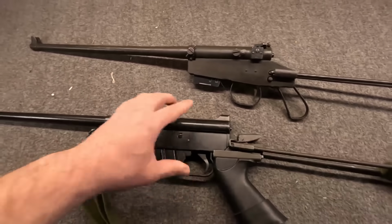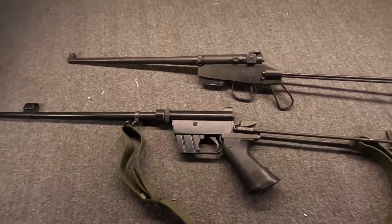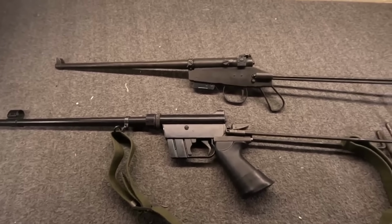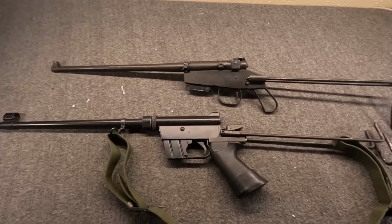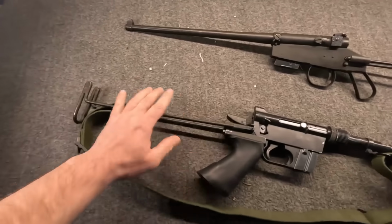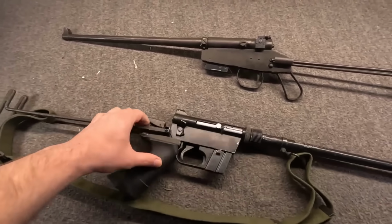This was introduced, the AR-7, in 1959 to the market, and was the first commercially successful product. It was marketed towards hunters, survivalists, backpackers, and any military who might want them, and that's kind of where the Israeli gun here comes from. The Israelis did purchase quite an order from Armalite in the 60s,